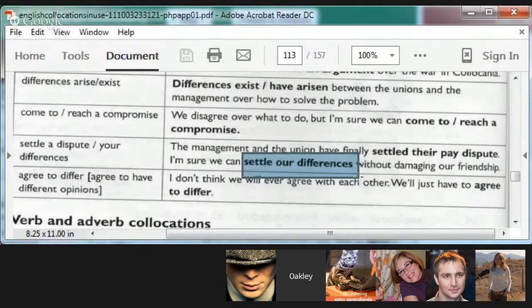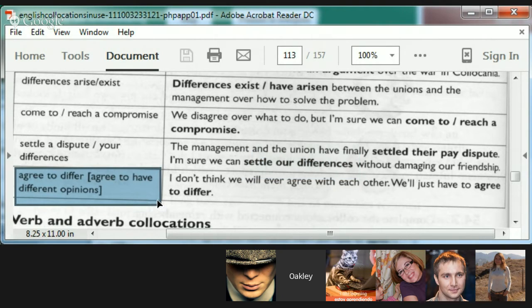I have to say something else about this one. Often we use this particular phrase when there has been a long-standing dispute, such as something in a family where the son didn't talk to the father for 8 years, and finally they went on a fishing trip together and settled their differences. So this phrase is often used in that sort of situation where you come to a compromise after a long period of time. And the mother may say, you two need to settle your differences. Very common.